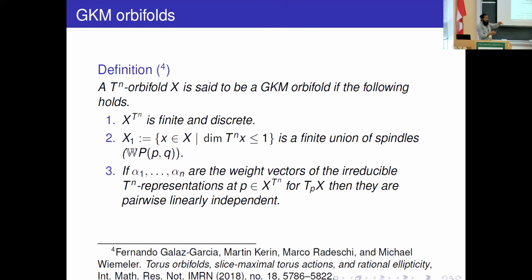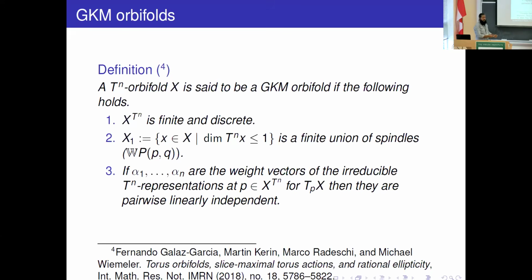Now, since the group acting here is a finite extension of Tn, we will have a map from the Lie algebra of this finite extension to here. The character we are getting here will map here, and that image is alpha 1 to alpha n. And if they are linearly independent, here we will get linear independence, because this is a finite extension. Okay, so that's why we get these weight vectors, the irreducible representations.